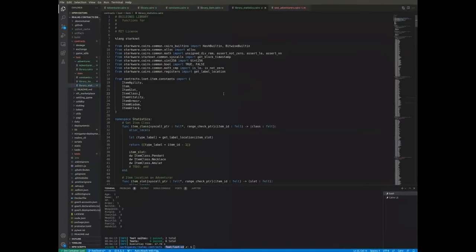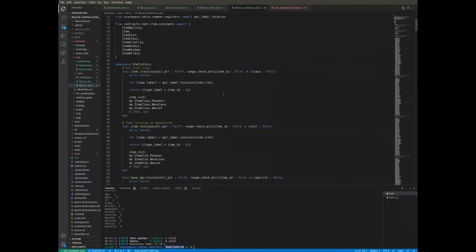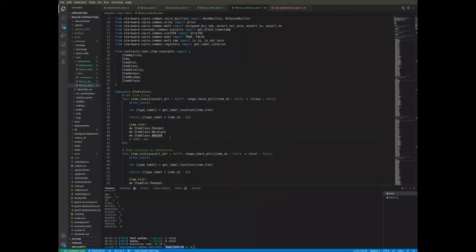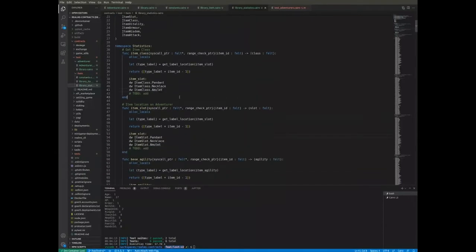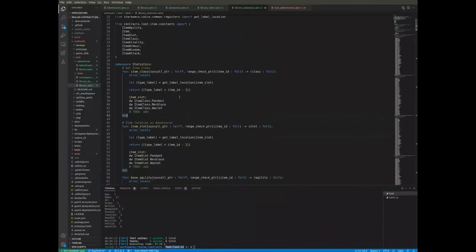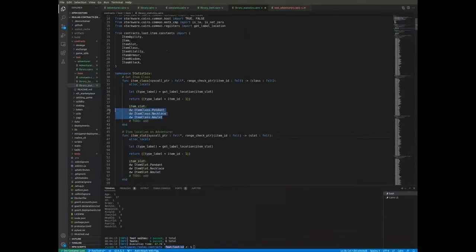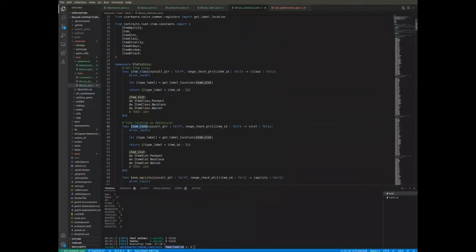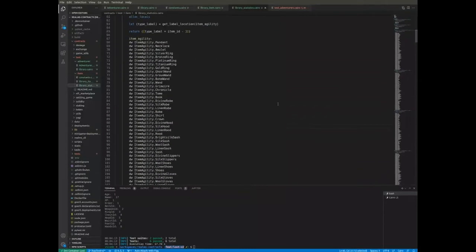So I'll go to the item statistics file. This little function here is basically fetching. It allows us to fetch information in this lookup. It's basically a lookup table, and these functions are all very similar. So I've got item class, item slot, base agility, and